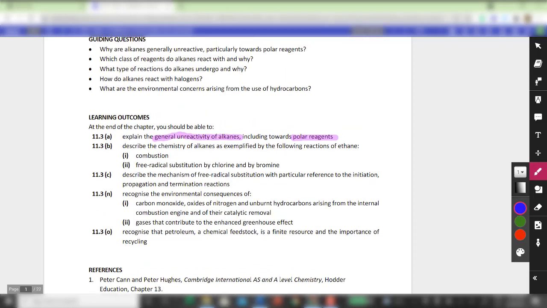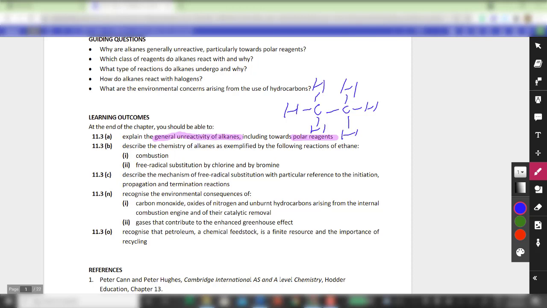Even without going into the lecture notes proper, if I just draw an alkane out, let's say ethane, based on your chemical bonding knowledge, and of course you can search for the information on bond strength in the data booklet, you'll realize that the C-C bond and the C-H bond are generally pretty strong and they are non-polar. One of the key criteria for reactivity is that I need to overcome the bond strength between the relevant atoms. So if they are relatively strong and relatively non-polar, that means their resistance